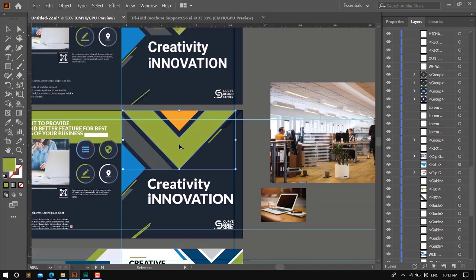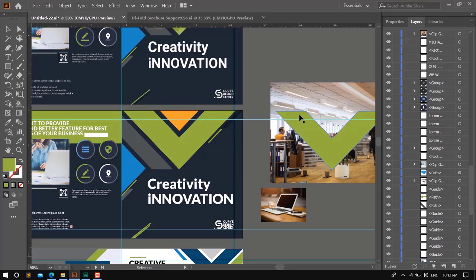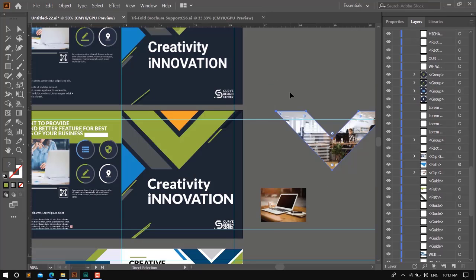I make a duplicate copy of this shape. Select both shapes and press Ctrl 7.